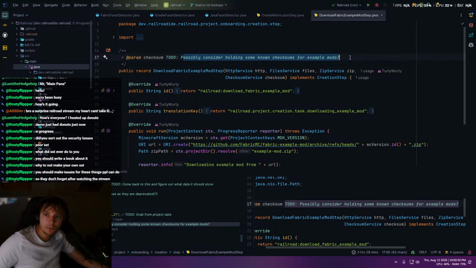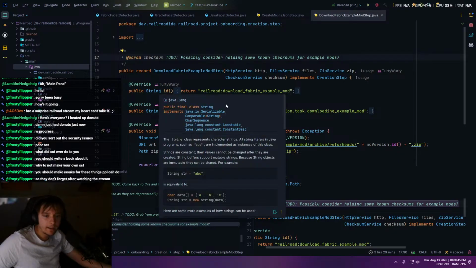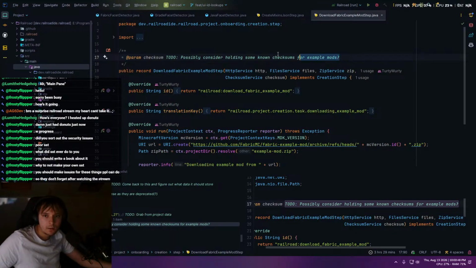Consider holding some kind of known checksums, for example, mods. Ooh. Over time, I think I've changed my mind on this. We're going to rewrite how templates work anyways. So we'll probably just host our own templates and actually just not even use the example mods. So this isn't really a thing that we will do. I mean, we will hold checksums for our own example templates, of course, but